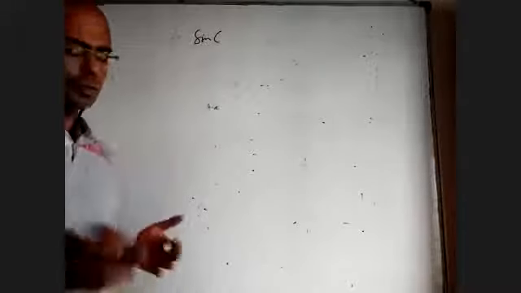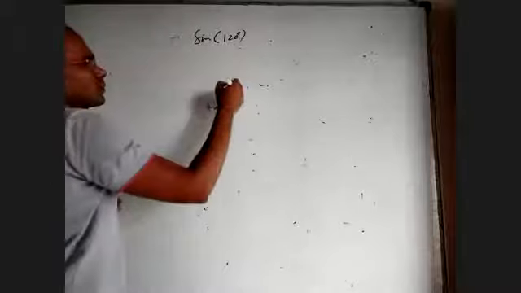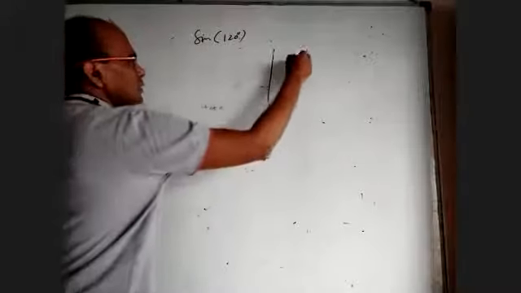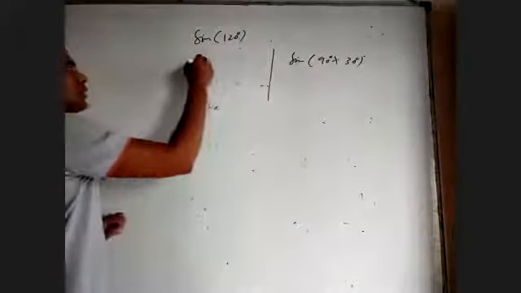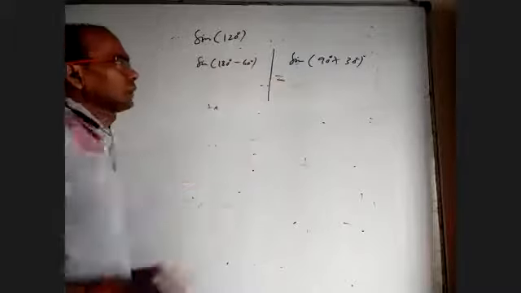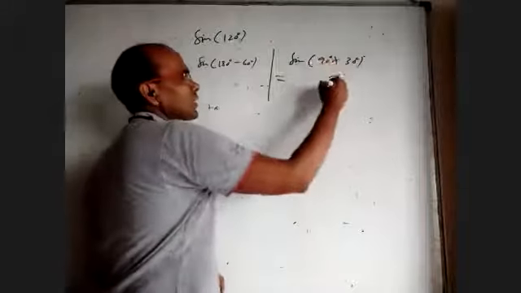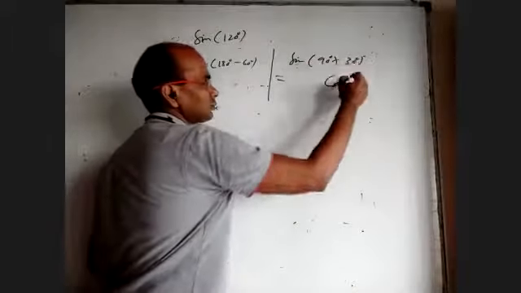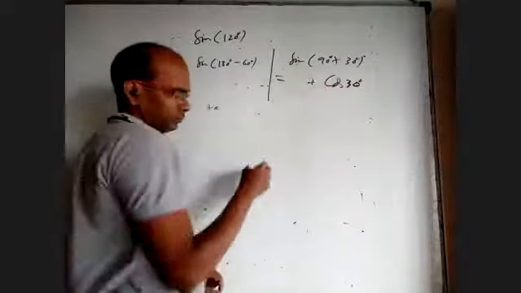Let us say I want to find angles up to 90 degrees. At least we know sine of 0 degrees, 30, 45, 60, 90. A little more we want to know. Sine 120 degrees. There are two ways to do it. Somebody can write sine of 90 plus 30 degrees. Somebody can write sine of 180 minus 60. Sine of 90 plus theta, the formula is cos theta. Why? It's an odd multiple of 90, so sine became cos, theta is 30. 90 plus is in the second quadrant, so it is positive.